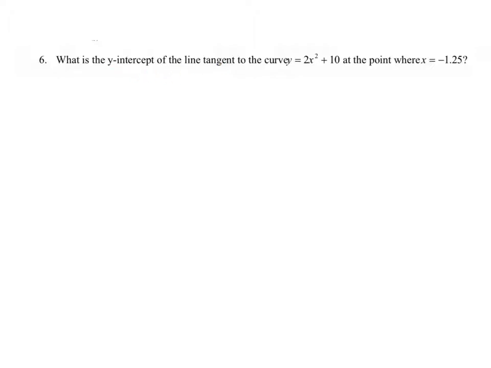If we had a tangent line, we could write it in the form y equals mx plus b. And that means that b would be our y-intercept. So we just need to find that line, and then we'll have the b. So to find this line, let's think about what we need to first write any line. We need a point and a slope, and so we can use